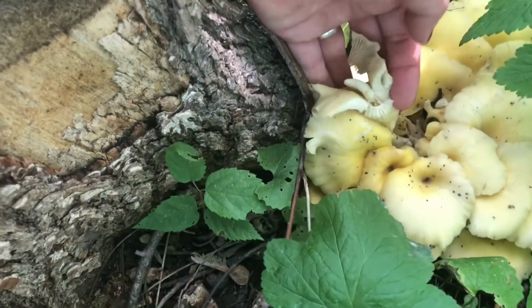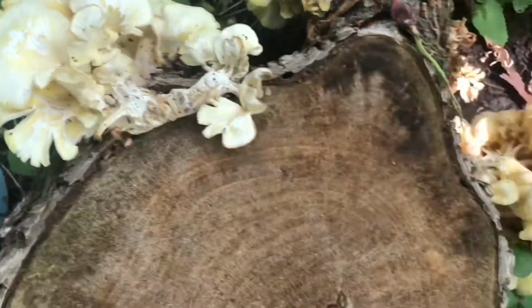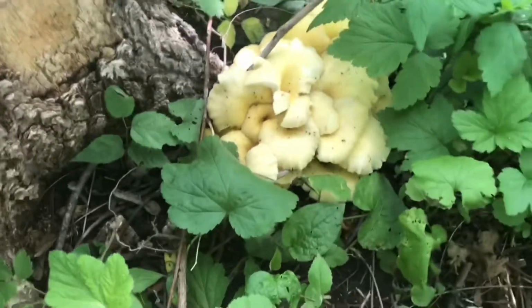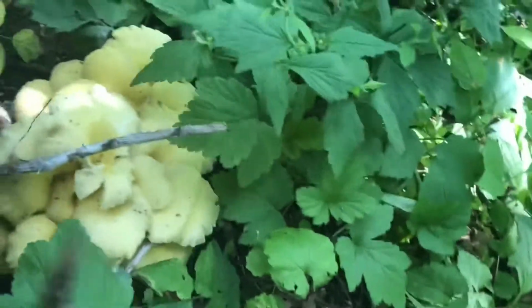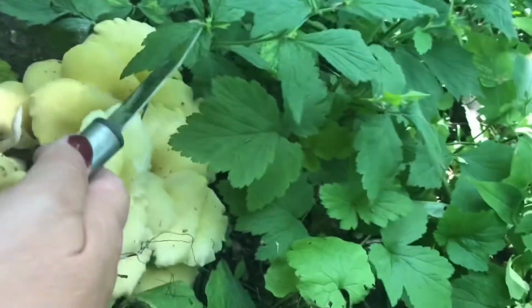You can see that they're a gilled mushroom. One thing you commonly see with this type of mushroom is that they have a stem that comes out and curves upward. And they're all very easy to identify. Just take a paring knife or any kind of knife, gardening knife that I have on hand,